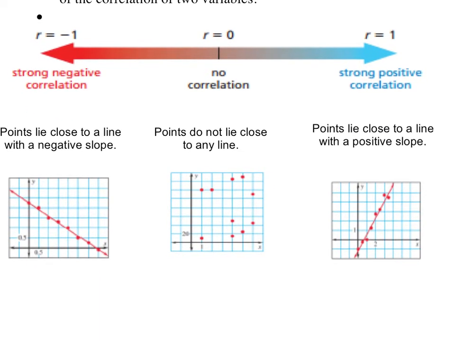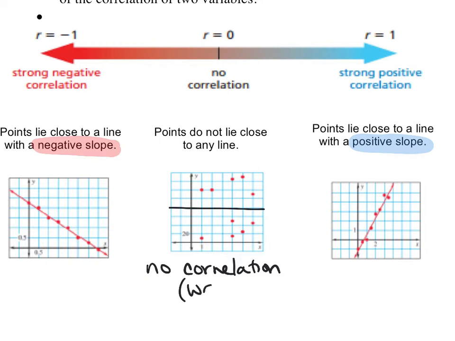Again, if you have a strong negative correlation, that means that you have the data points really, really close together and it's going downhill. If you have a strong positive correlation, that means the data points are really, really close together, but the line is going up. Anything else, when the data is weak or there's not really a good trend line or line of best fit, something that maybe looks like this, it's flat, we can call that no correlation